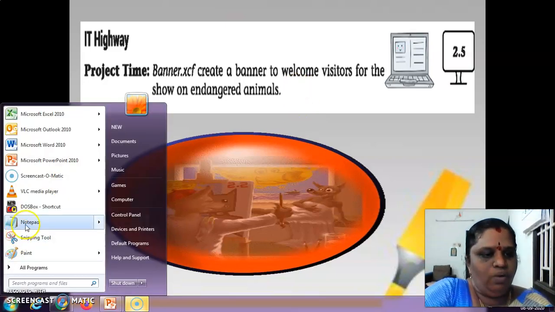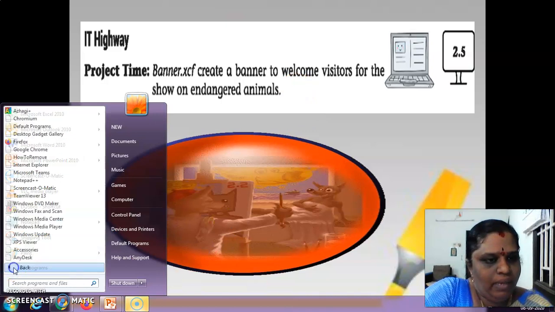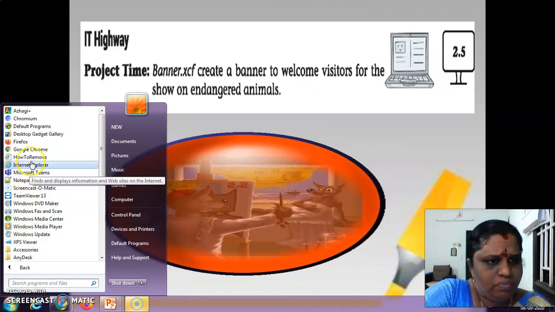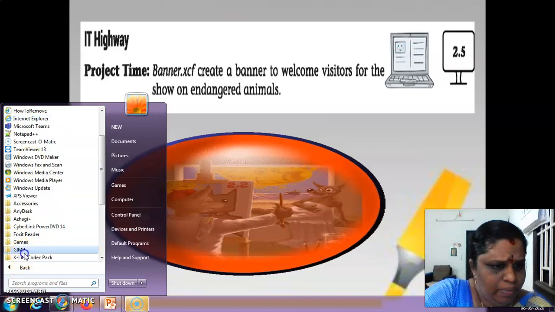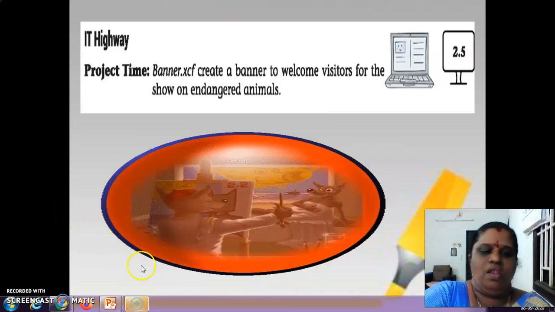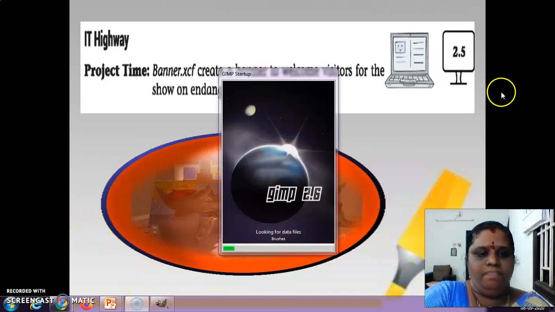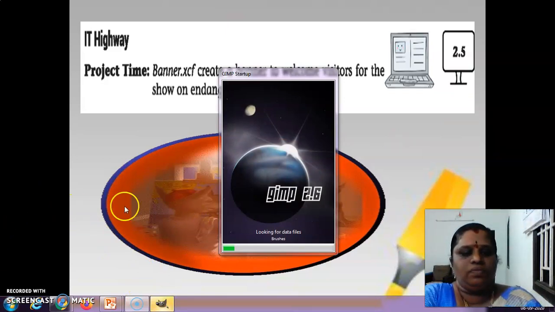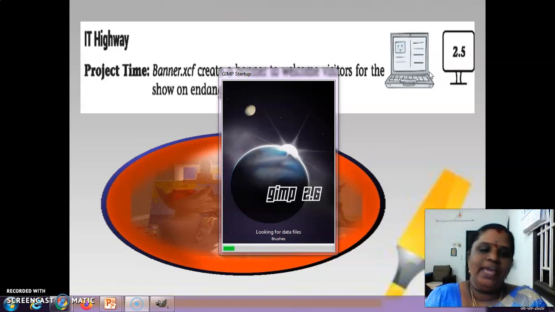So I am going to open my GIMP. GIMP is opening now. Are you all ready for making a banner through GIMP for your endangered animals?